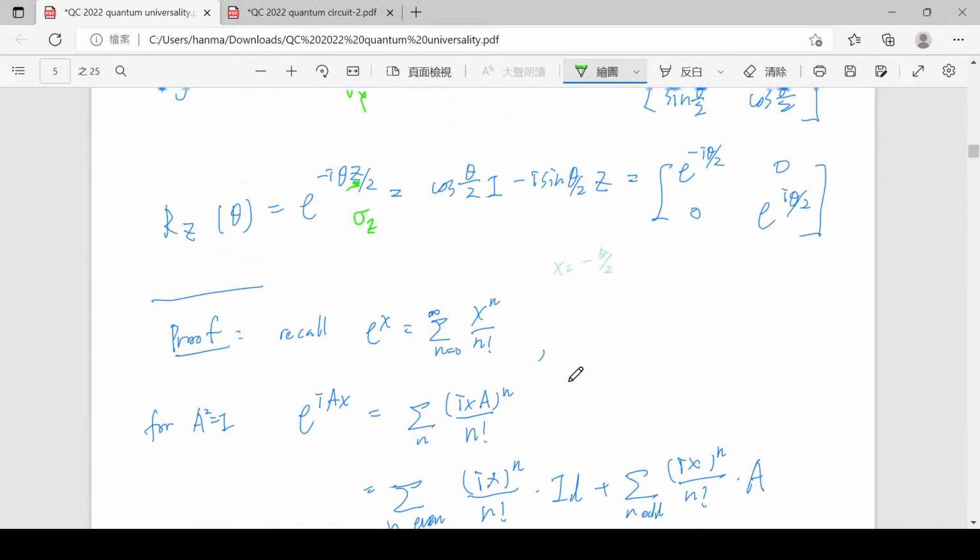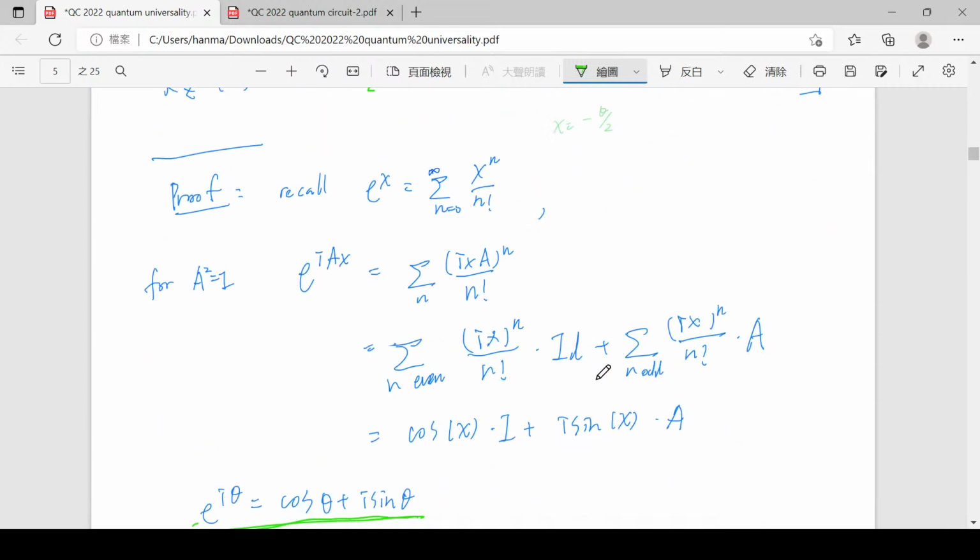And so there is a property of Pauli matrices we need to use: A squared equals the identity matrix. Hopefully you remember that. This is because the eigenvalues are plus and minus 1, and plus and minus 1 both square to plus 1. Okay, so assuming your matrix squares to identity,